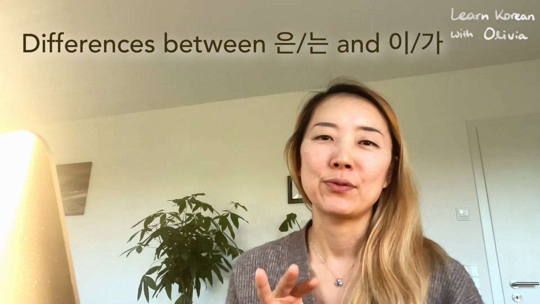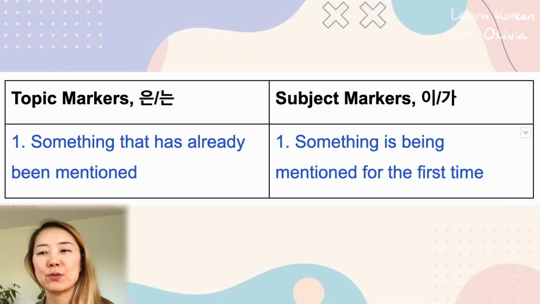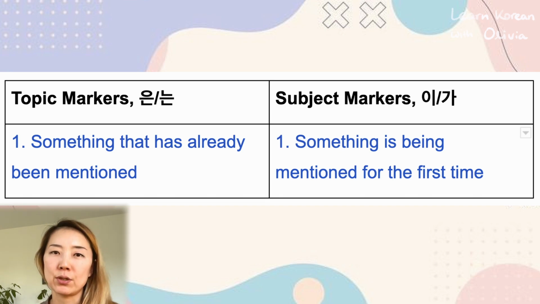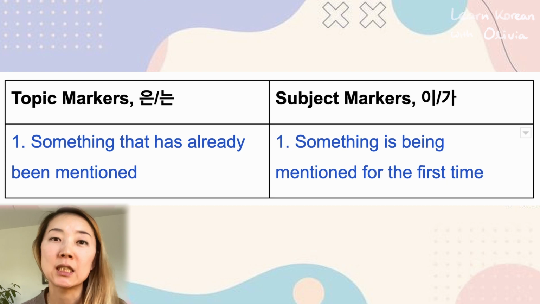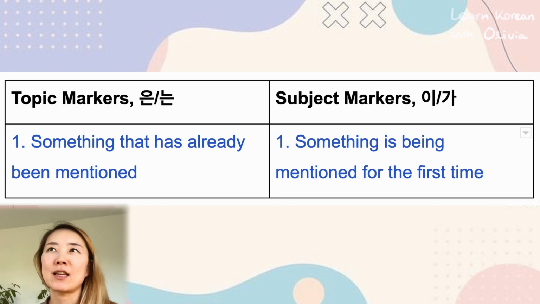Now we'll move on to the deeper explanations. Three differences between the two, 은/는 and 이/가. The first one: something that has already been mentioned, you use 은 and 는. And something that hasn't been mentioned, something that's mentioned for the first time, you use 이 or 가. For example,